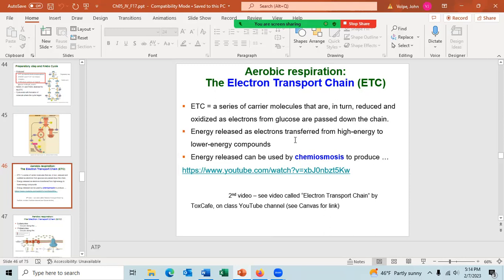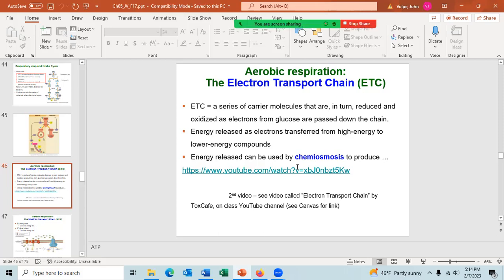As the electrons move, they transfer energy from the high energy compounds, starting with glucose, and the energy gets less as the electron moves. And that way the electrons give off their energy in steps, in a stepwise fashion. And that's why when glucose burns in our cells, it doesn't burn at like 1,000 degrees Fahrenheit. I don't know what temperature it burns at, but close to 37 degrees Celsius. Energy is released in a process called chemiosmosis to produce ATP.